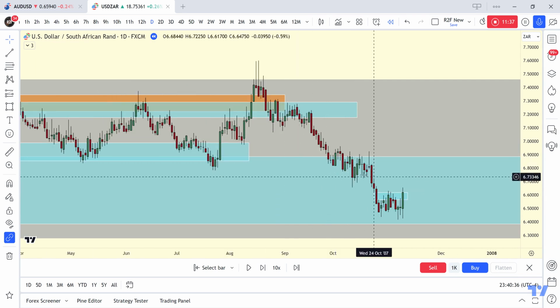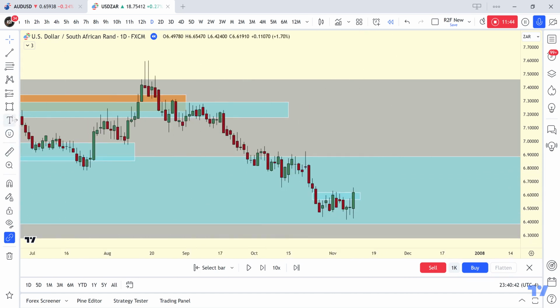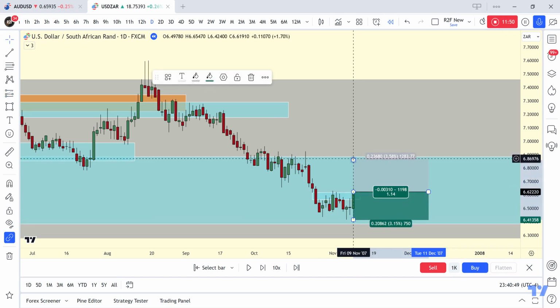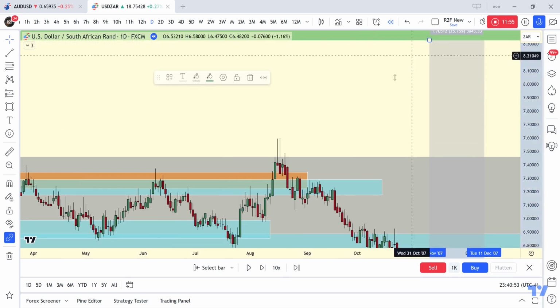This is not, to me, such good structure. This is, to me, manipulation into the higher time frame PD array, a higher time frame, into the inefficiency. So we can stop here. So we lost 2 trades,